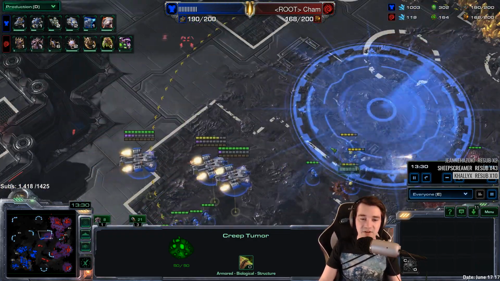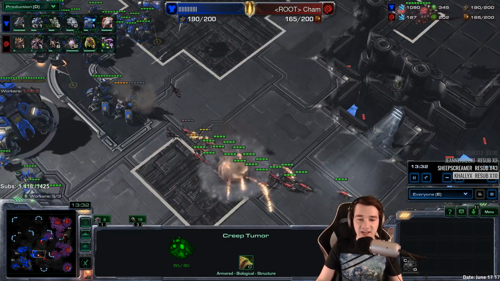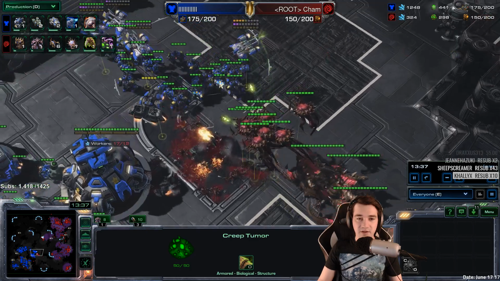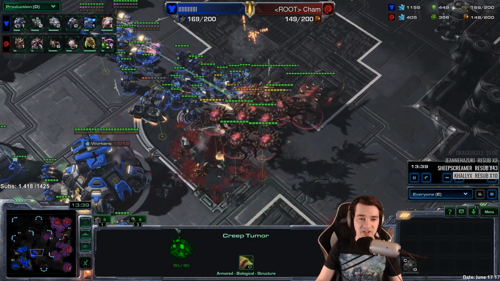He's out on the map, he's clearing up creep, but he knows he's done damage. And it's kind of on Cham to fight here. I'm not sure this is what he's looking for. I'm not sure what the Corruptors are doing here. I don't think Cham is really paying...